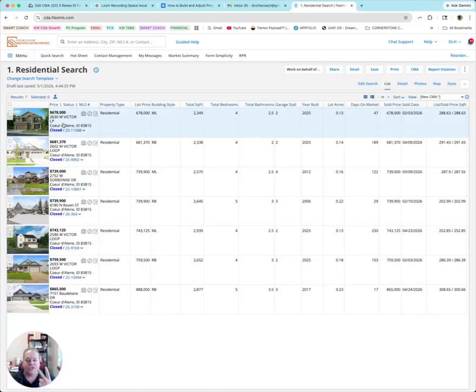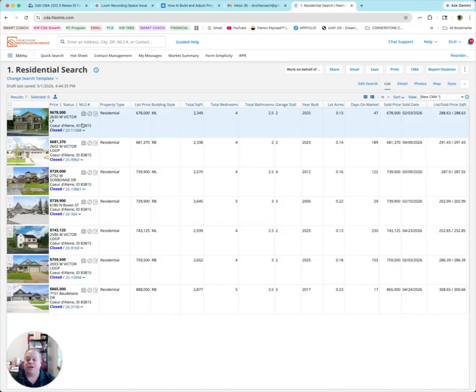Location, location, location. Now I've got to find the most similar product. What I see a lot of brand new agents do is confuse the year built. So I recognize that I'm telling you location means most of everything, but if it's a 2025 year built and our subject property is a 2011, that's not likely to be a great comp. So we're not going to